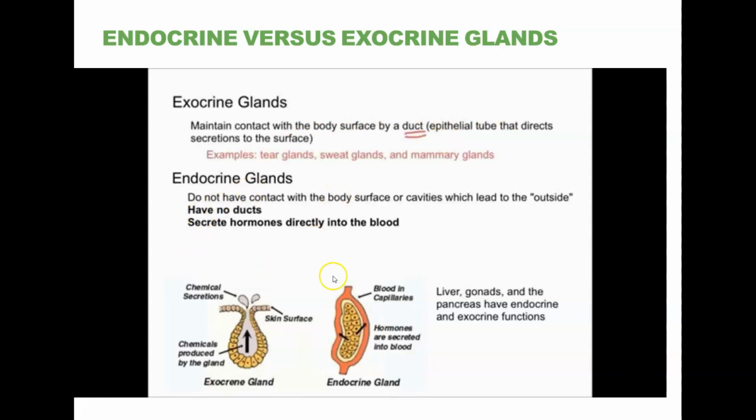So endocrine glands are not connected to a surface. They are, in fact, epithelial cells that are isolated from a surface. It's just a bunch of cells collected together, but inevitably they're derived from epithelium. And the only connection they have to the rest of the body is via the circulatory system and, close by, the interstitial medium that all of those cells are embedded in.